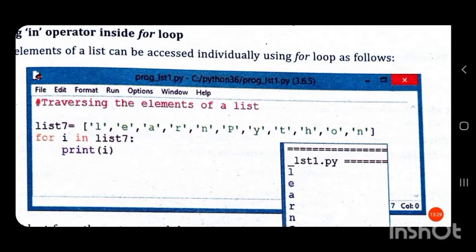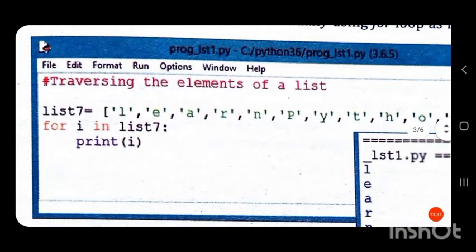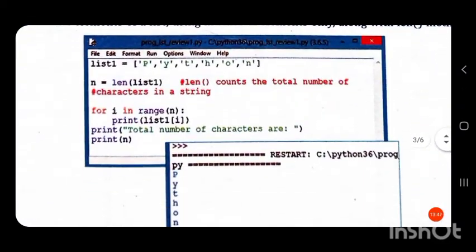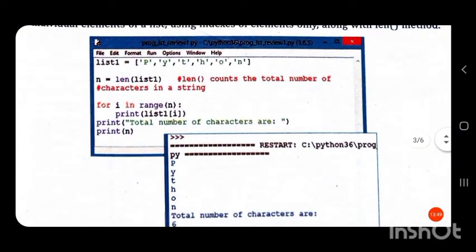So here in the for statement, we are using a sequence. In such a case, I will always have a value in that list. But if we are using the range function, I will always have the index value.